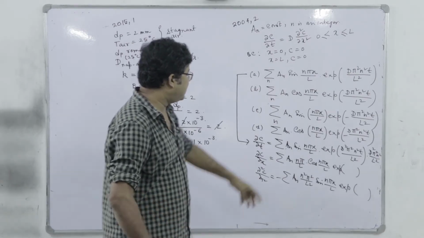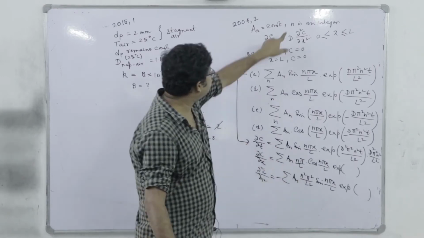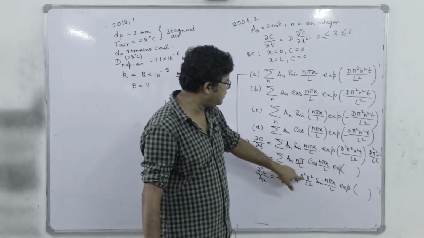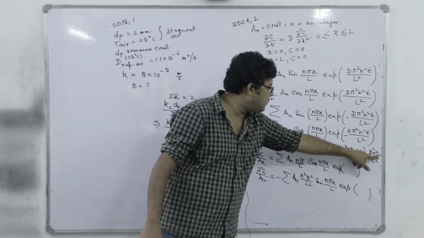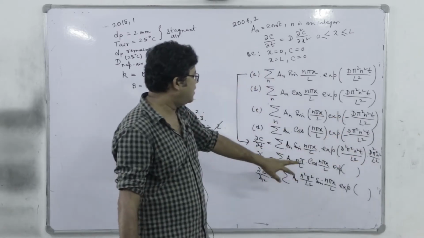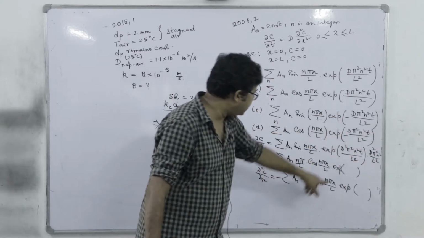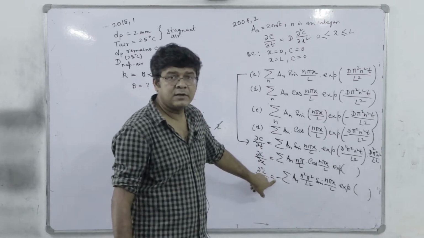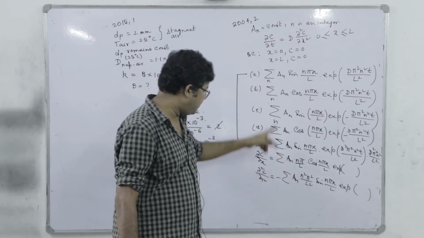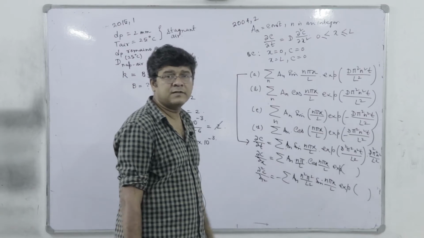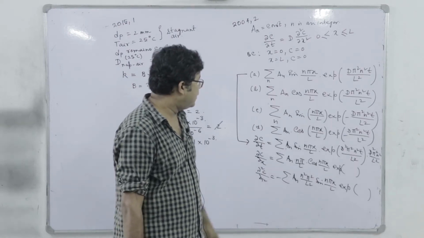So, it is not matching. The coefficients are matching because this is getting multiplied by d. So, d n square pi square by L square, everything is matching, but the problem is with the sign, right. So, we do not have to go for cross checking all the options. So, we have to